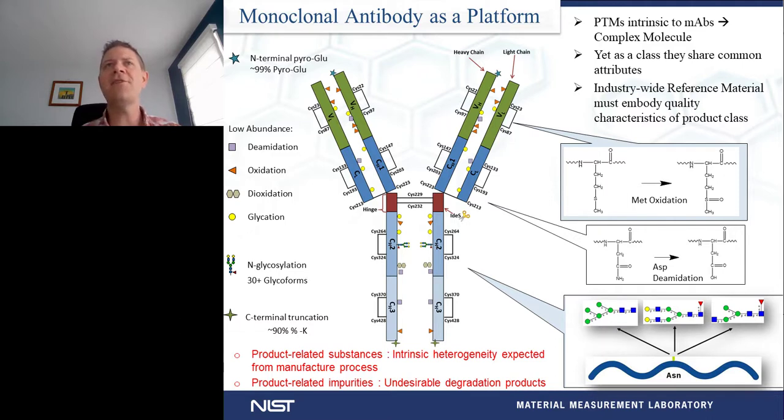So going back to the structure on the left-hand side, thinking about the monoclonal antibody as a platform, it's true that each individual type of monoclonal antibody is going to have different levels of methionine oxidation. They'll have slightly different post-translational modifications. They'll even have slightly different sequences at the top of the structure in the FAB region. But when we start thinking about these attributes and how we're going to measure them, every monoclonal antibody we're going to approach in the same way.